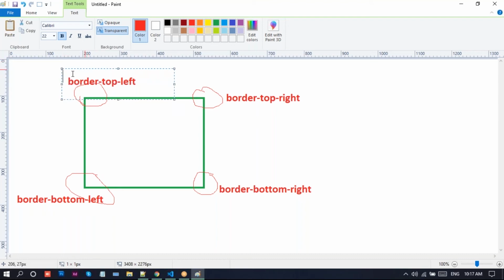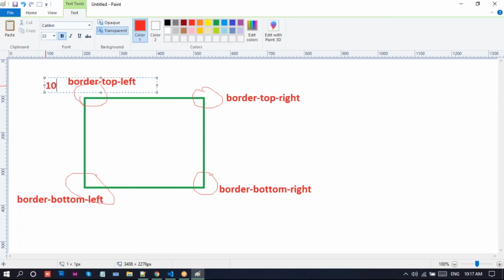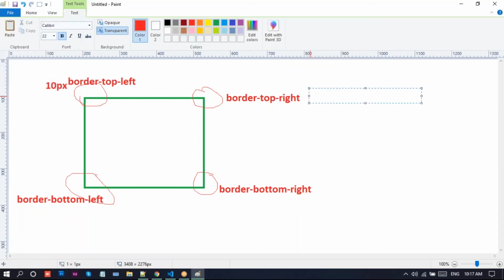So 10 pixels in the top left, 10 pixels in top right, 10 pixels in bottom right, and 10 pixels in bottom left.